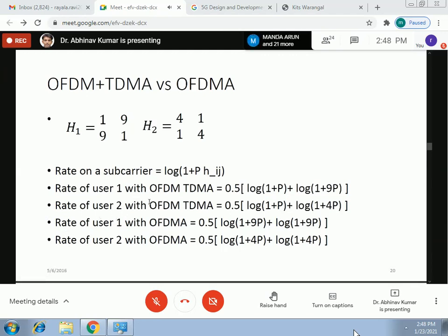system. This is happening because my channel matrix is frequency and time selective, right? If the channel matrix is frequency flat and not time selective, in that case, both will turn out to have same performance, right? So the improvement of OFDMA system is coming in scenarios which are slightly more complicated for traditional communication systems, because of frequency selectivity and then time selectivity, right? It is typically, or it was earlier, considered as an issue or a deterrent, but now here we are utilizing that to our own advantage and doing better resource allocation with OFDMA as compared to OFDM TDMA, right?